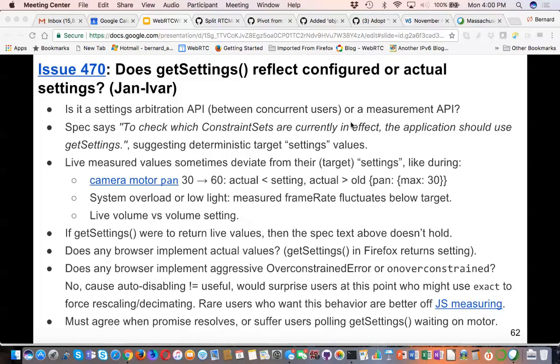What's available, you can attach the element, and then... wrong, but so far, we're leaning toward that these are target settings.